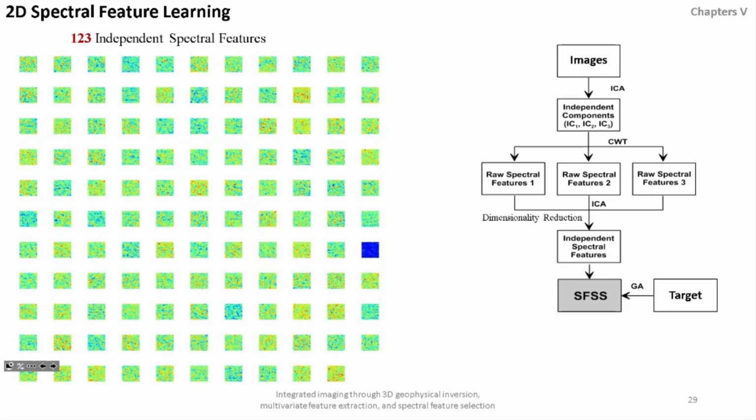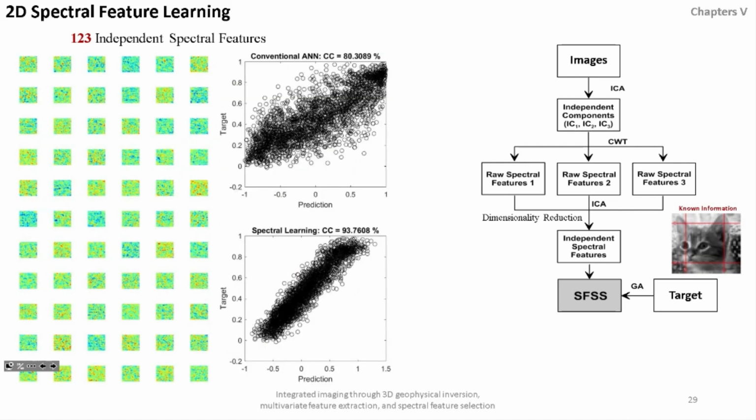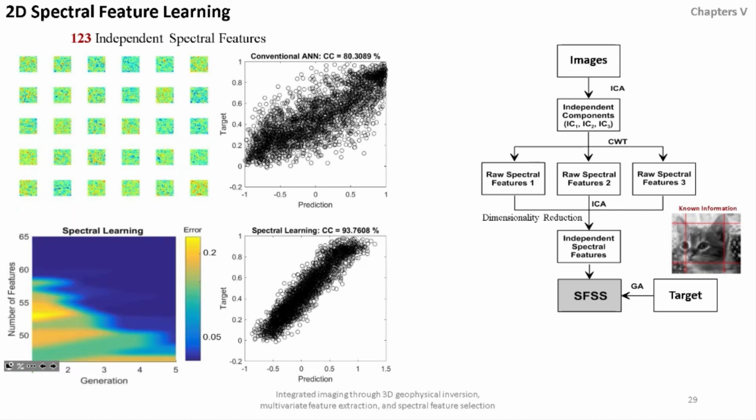The 2D spectral feature learning takes the extracted independent spectral features and, through a genetic algorithm optimization, trains the neural network with limited known information about the cat. 25% of known information is kept for training evaluation. As can be seen, the spectral learning results are superior to the results of the conventional artificial neural network. This is because of the ability of the feature subset selection algorithm in selection of relevant features related to the cat's face